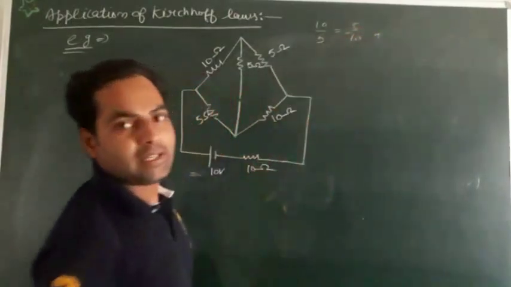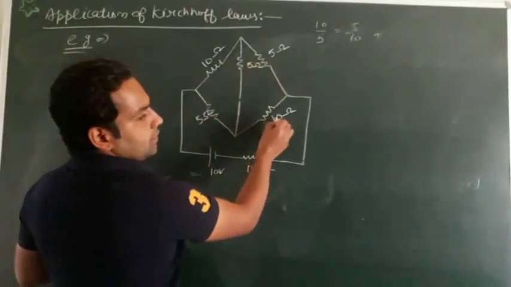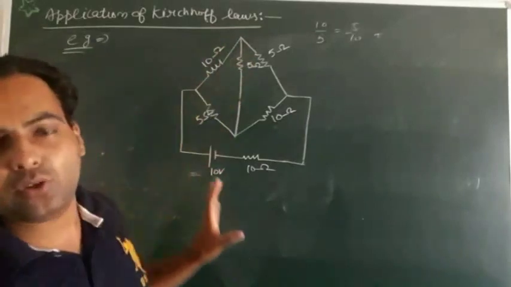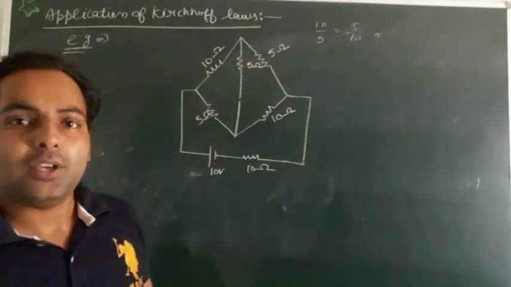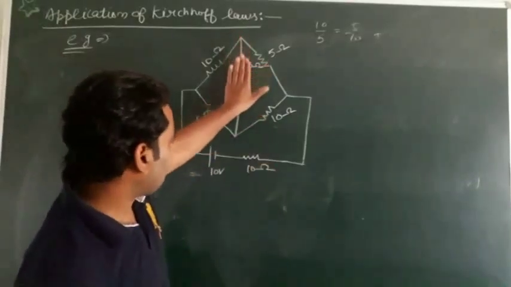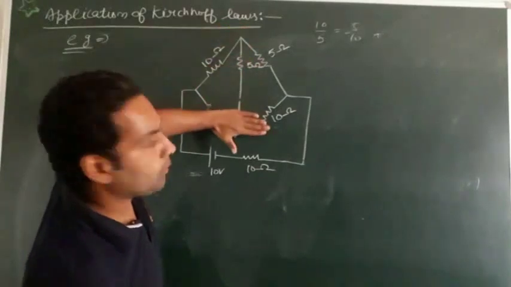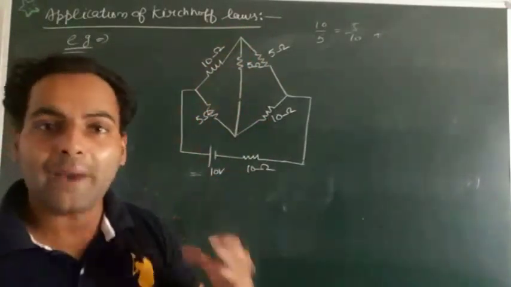Again I am repeating, if that is P, that is Q, that is R, that is S, and you have that type of arrangement in your question, first you have to check that the ratio P by Q is equal to R by S. If the ratio is equal, it means you can neglect that R, meaning the circuit is without that R. So that is easy. These are two in series, and the combined are in parallel.